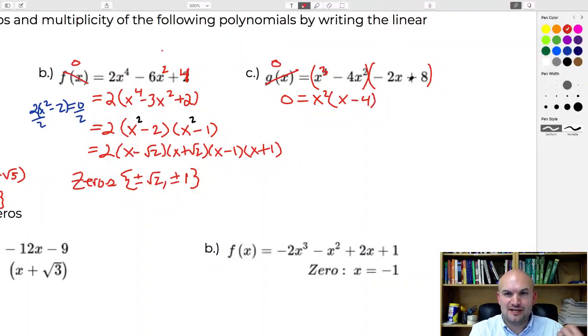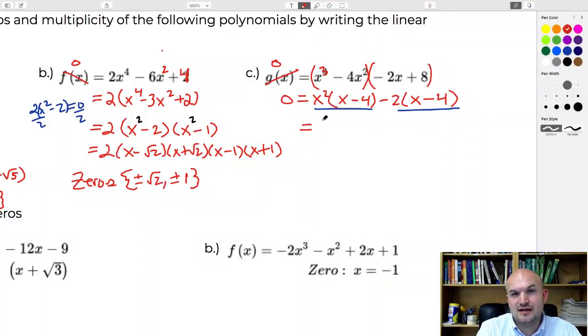Okay, and then over here, what we want to do is factor out a term so that we can obtain x minus 4. So you can see here they both have a negative. Like if I factor out a negative 2, that's going to leave me with an x minus 4. Now we have 2 more expressions here separated by subtraction. So now what I'm going to want to do is factor out the GCF as well between these 2 expressions, and you can see that common factor is x minus 4. And that leaves me with the remainder of x squared minus 2, which I could use a zero product property,